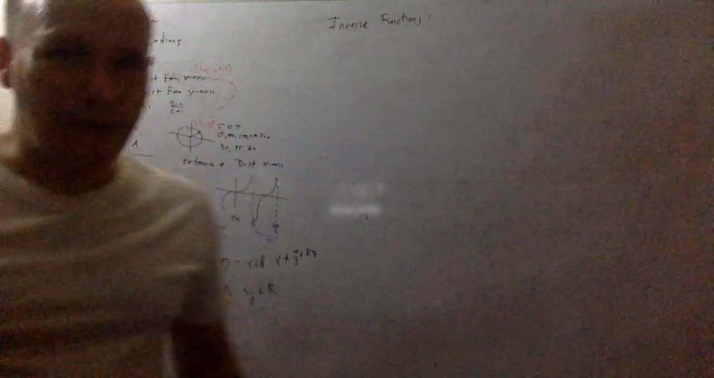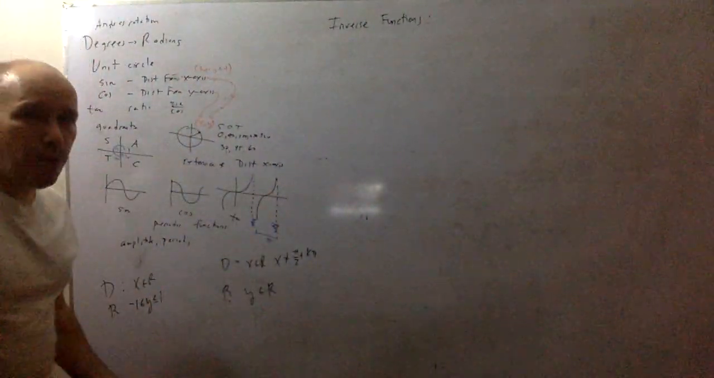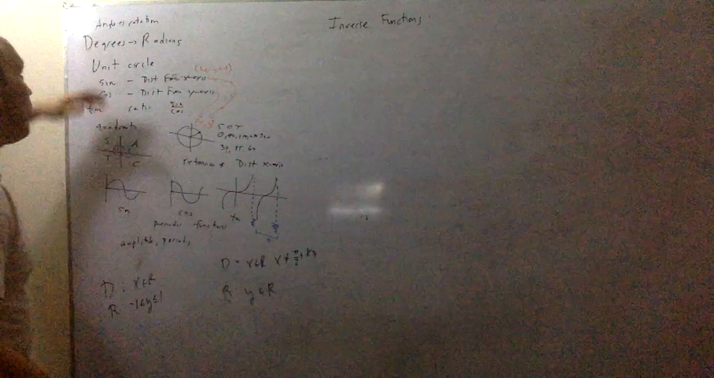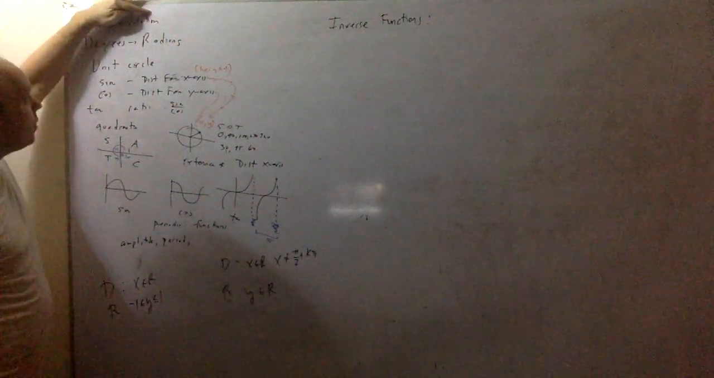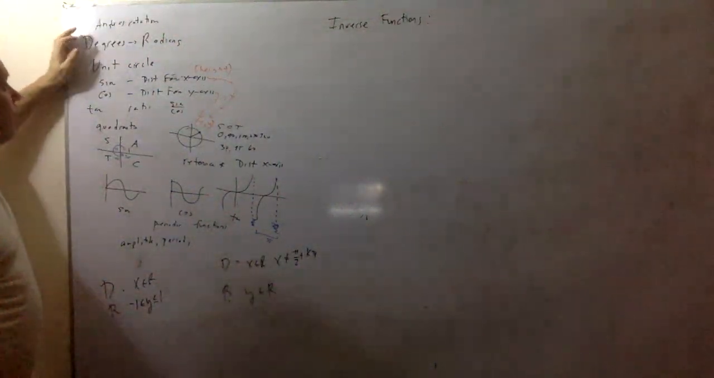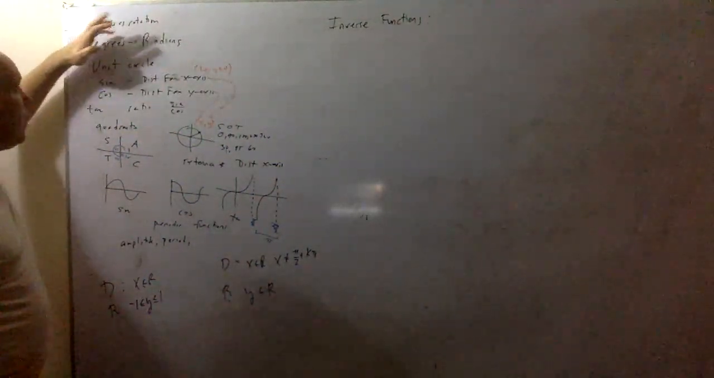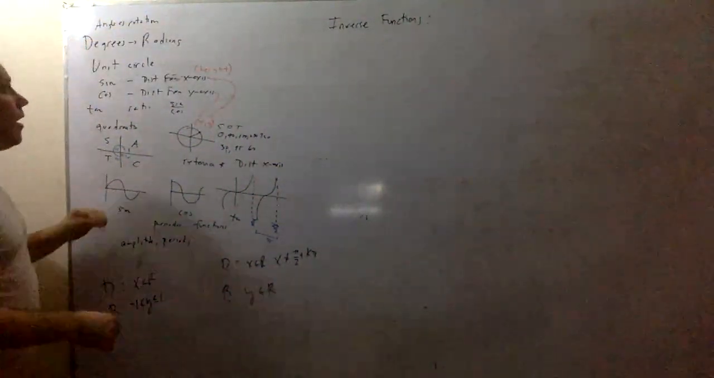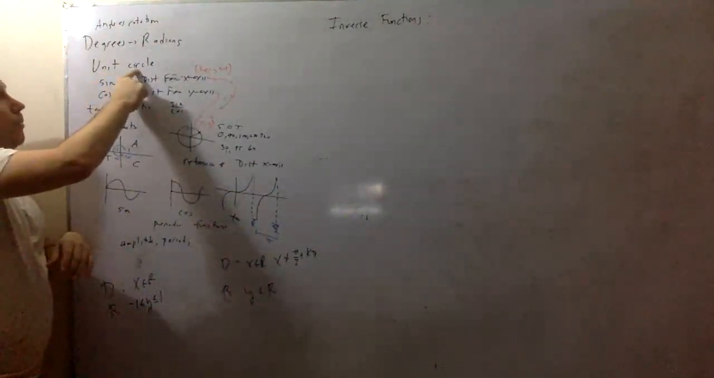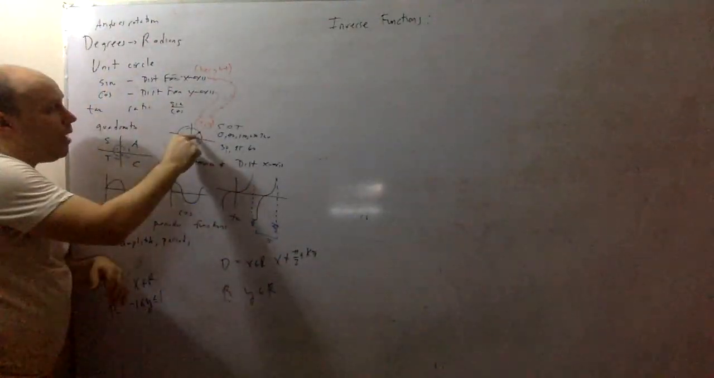Okay, so let's review. We're done with chapter 9. Let's review what we've done for chapter 9. We first defined angles as rotations, and that allows us to redefine how we measure angles, from degrees into radians. We then introduced the idea of the unit circle, and we put the ray on the unit circle,